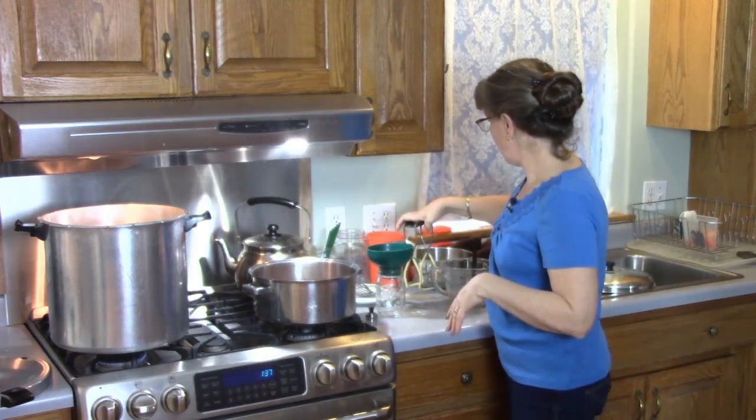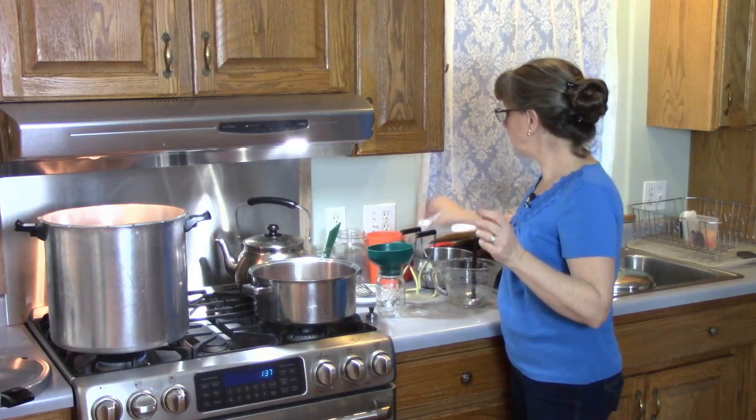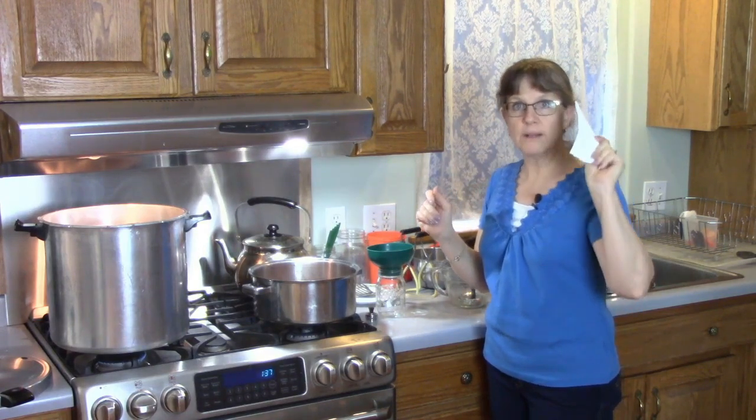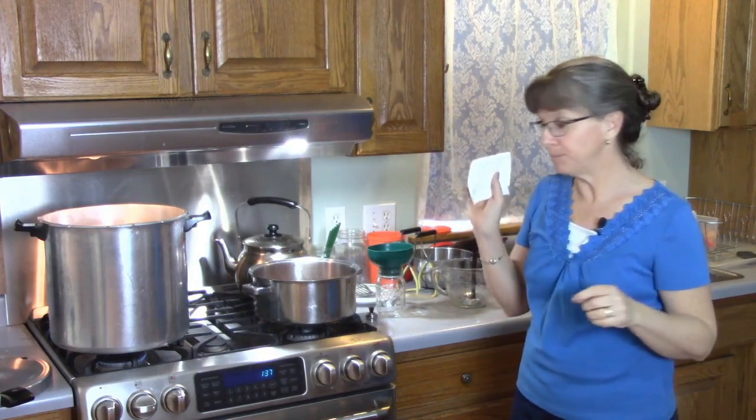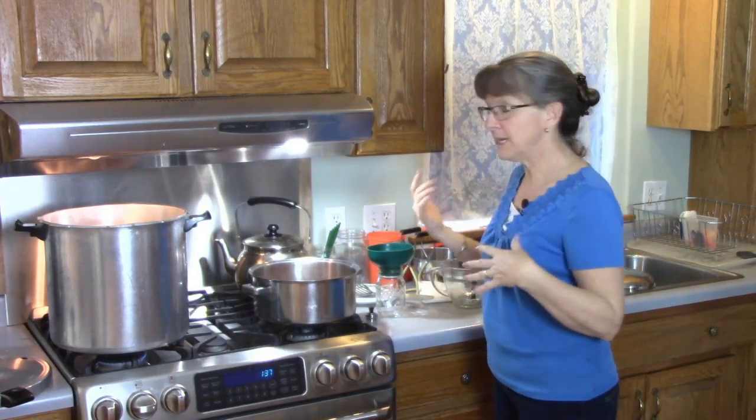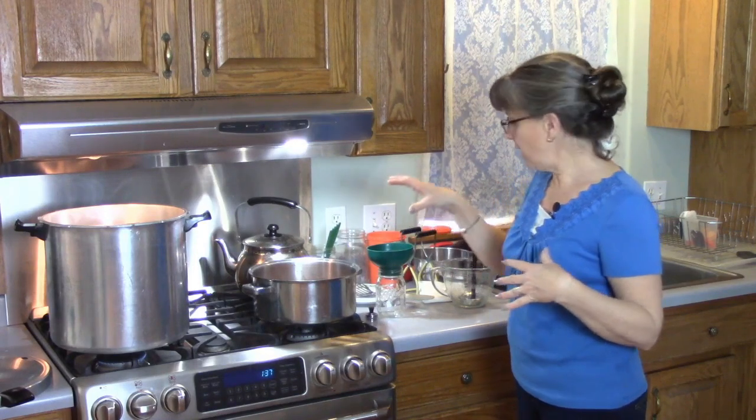So I believe that's all the supplies. Oh, and then I do have a paper towel here. That's to wipe the rim of the jar as you put the meat in and keep it nice and clean. So with that, let me zoom in here and I'll get a closer shot, and we'll go ahead and start